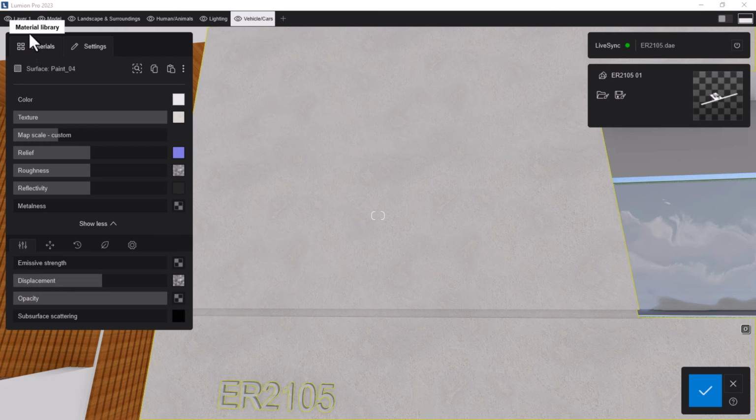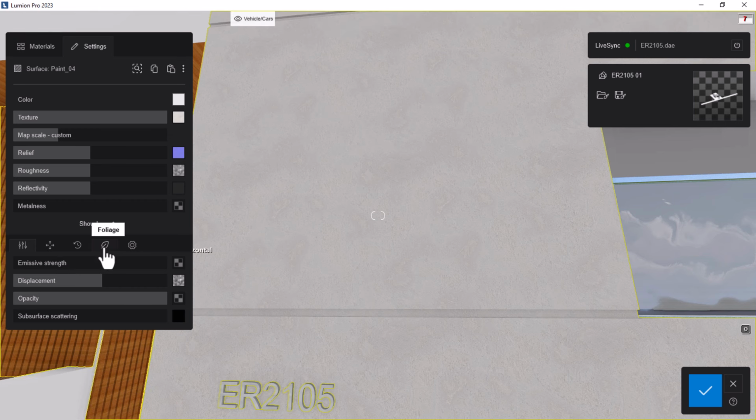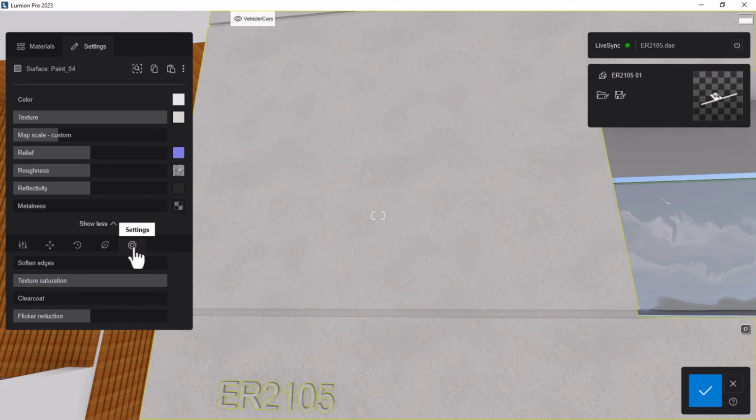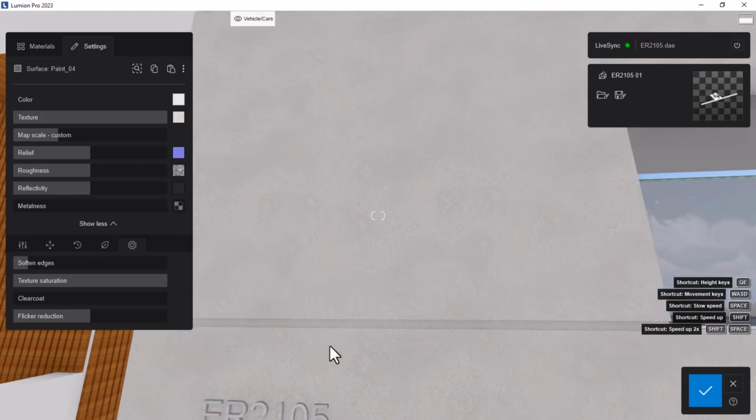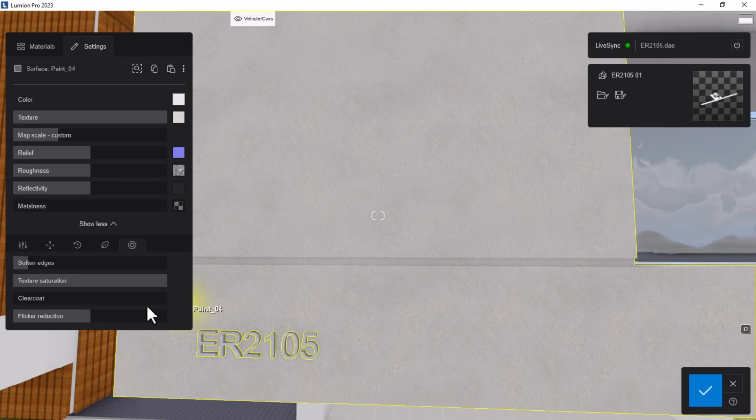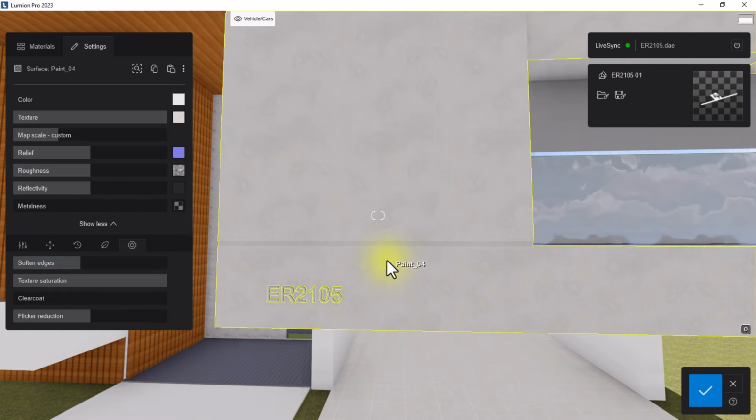Let me just move this here. While we're still in the settings, under settings, right? And then I'm gonna soften the edges. Let's just soften edges. Make sure you also check that. I'm gonna soften these edges a bit like that. Yes, I think they look